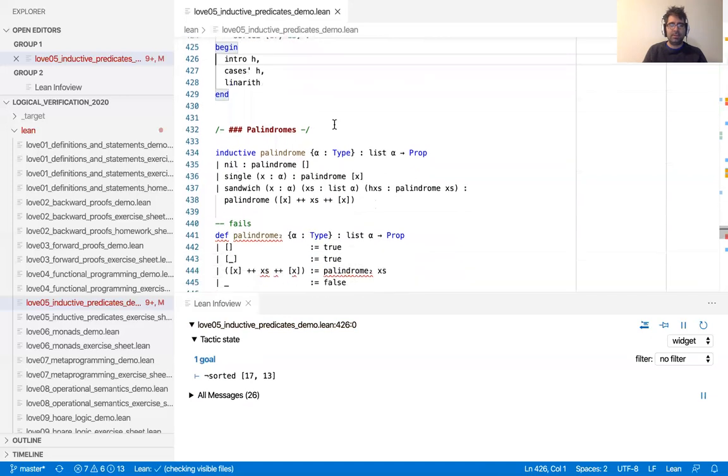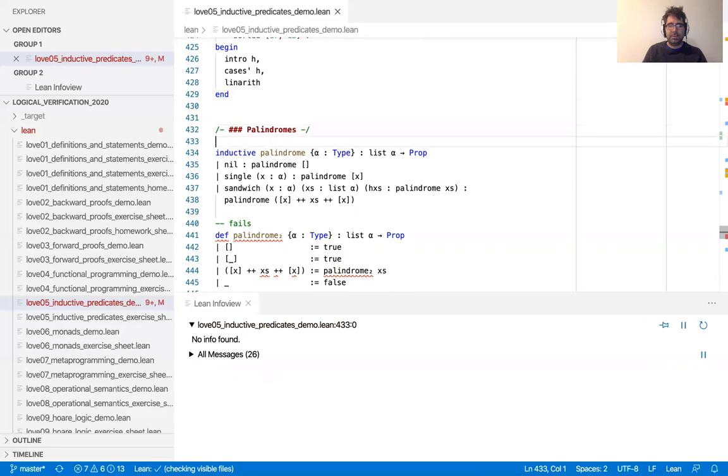Okay, second example is palindromes, and it's the same spirit. We also have three cases. We have the nil case. A palindrome is a list that can be read in both directions the same way, like ABBA, the Swedish band, right? So that would be a 4-element list, or AHA, which is a Norwegian band that's very much like ABBA, and AHA is also a palindrome, but there are lots of other interesting palindromes in the world, of course,